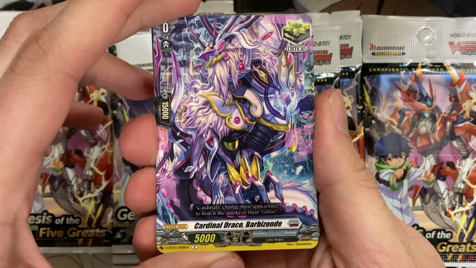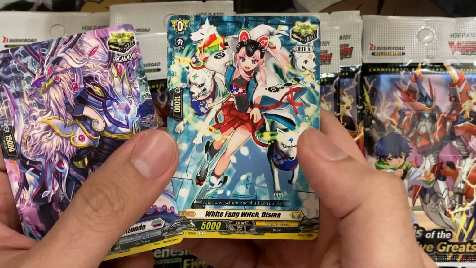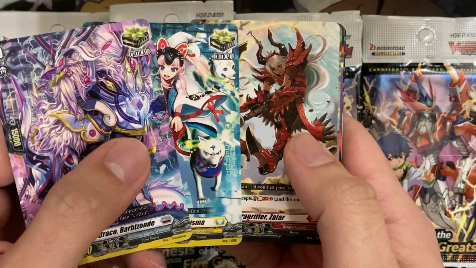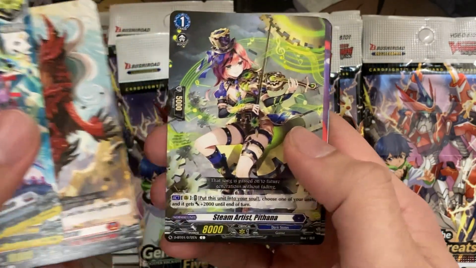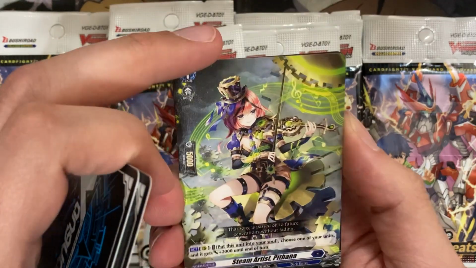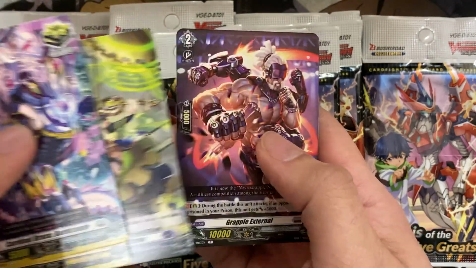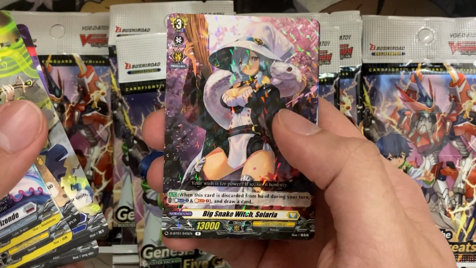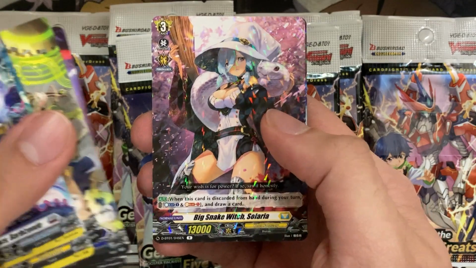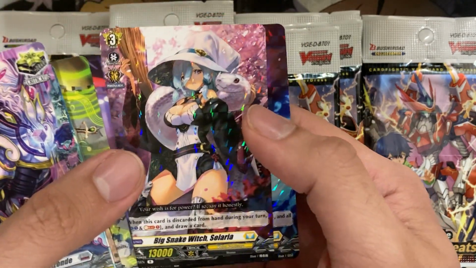We have our first of the Cardinal Draco series as well. Trigger lineup. White Fang Witch, Disma. So it looks like we're starting off with the triggers first in these booster packs as well. Very awesome. Is this a foil? I can't even tell if this is foil or not. It almost looks like it is, but they said they would start giving us foil commons and rares as well, with our first rare being Big Snake Witch, Solaria, and Dark Strain Dragon for our second rare there, both being part of